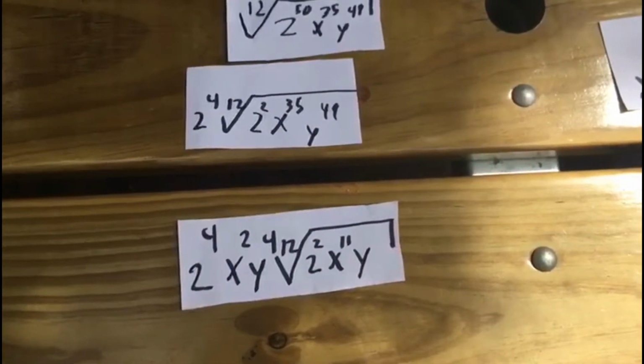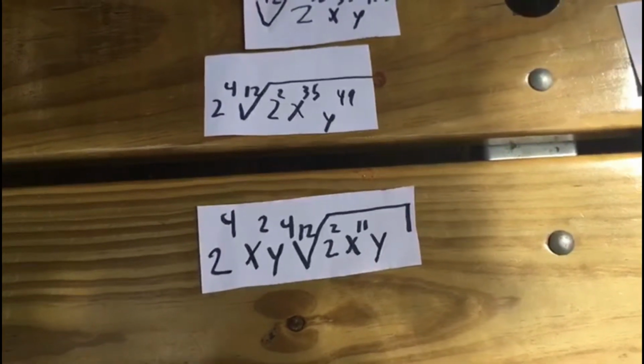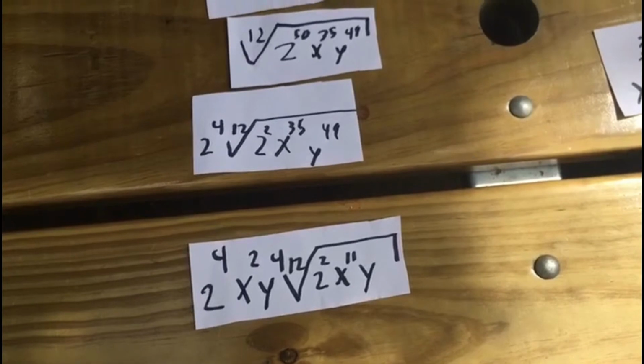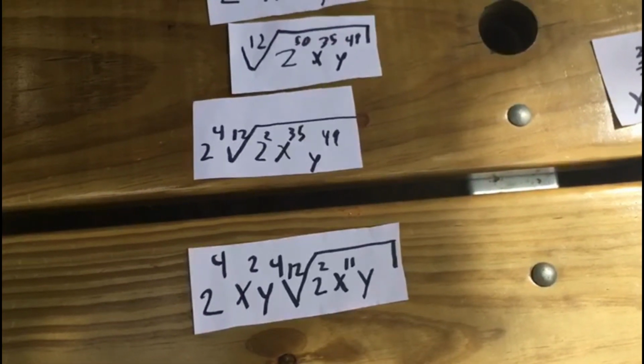2 to the power of 4 times x squared times y to the power of 4, open radical with an index of 12, 2 squared, that will give you 4, x to the power of 11, and y